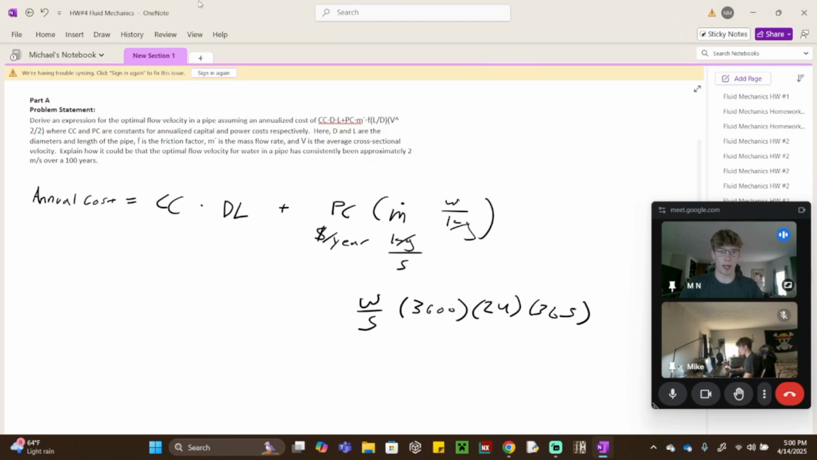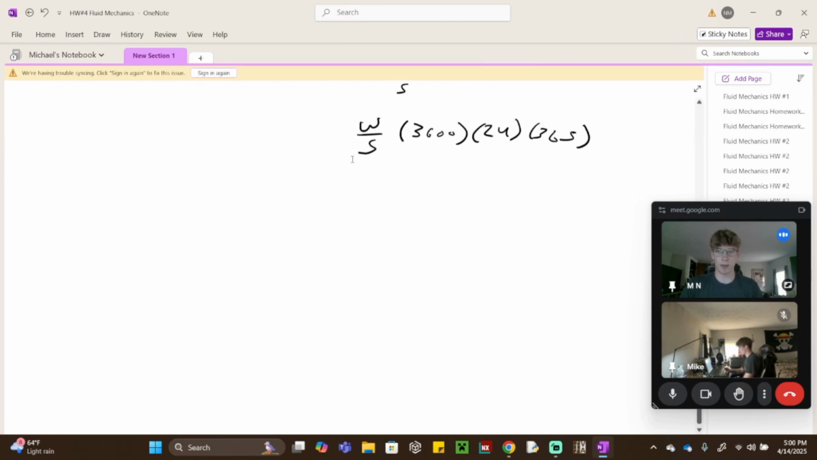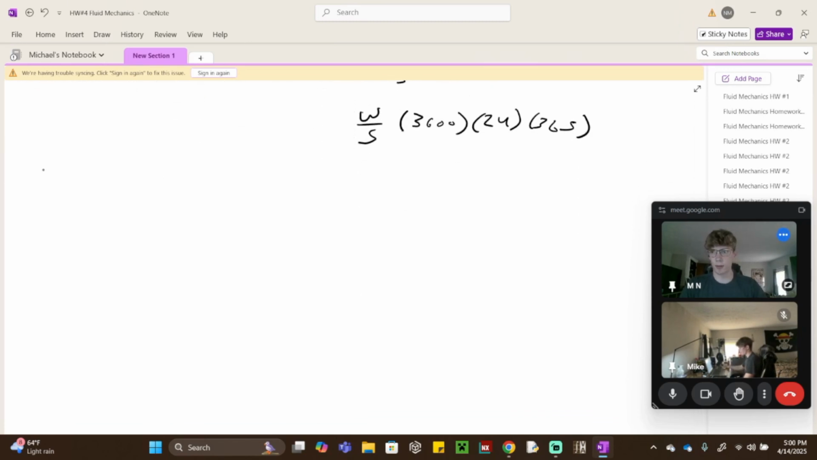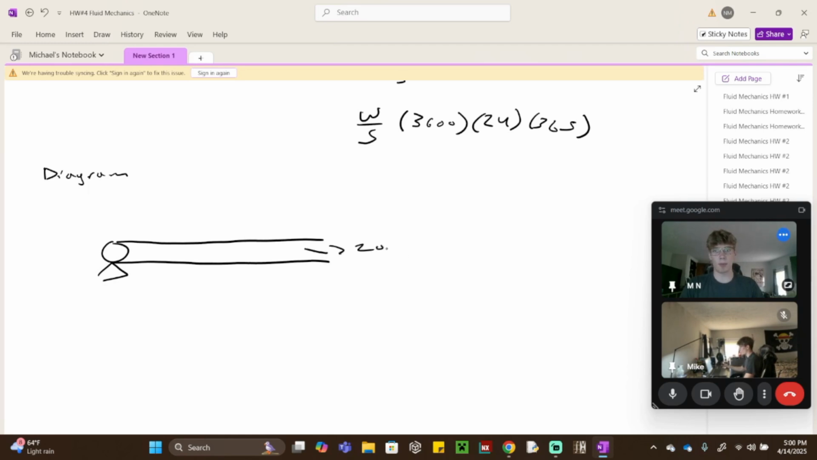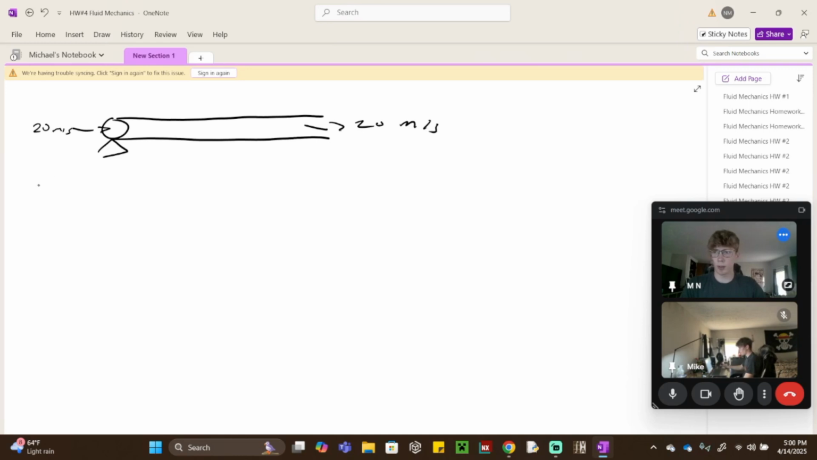So now I'm going to draw a diagram of the pipe we're looking at. So we're going to have a pump on one side, and our pipe will be laying on the ground, so no vertical movement, with an output the same as its input. So let's say 20 meters per second. And now that we have our pipe, we're going to write down our Bernoulli's equation,